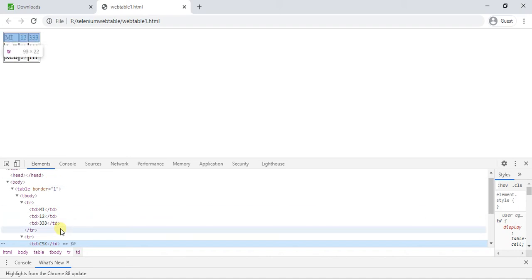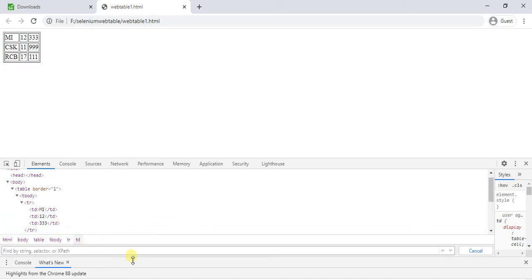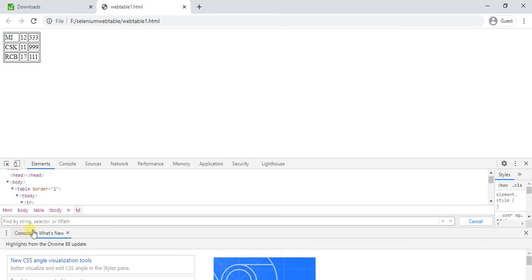Here I have the option to find by string, selector or XPath. Many types of tools are available to identify the element, but to avoid that, we write our own XPath. I will show how to write our own XPath using the independent XPath.